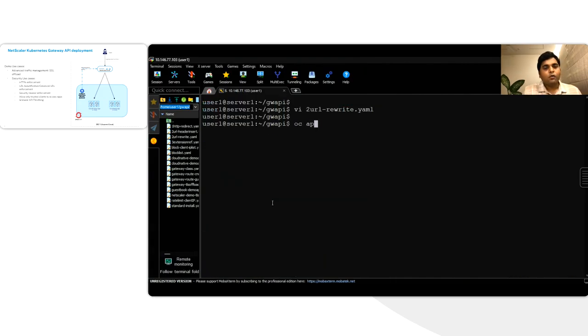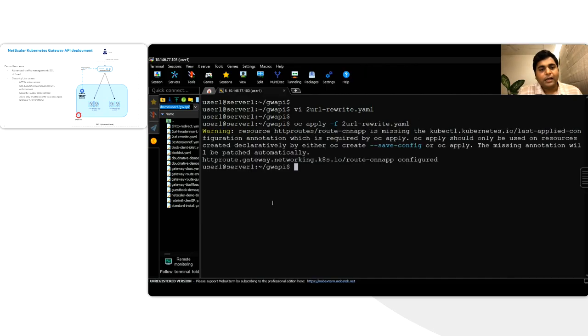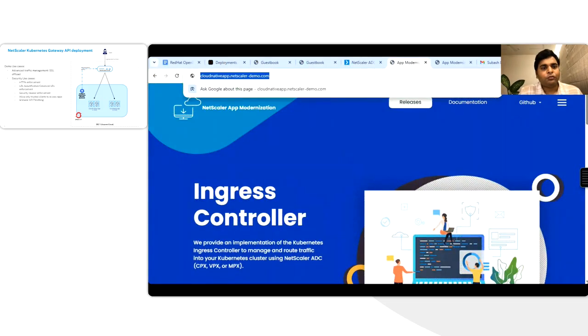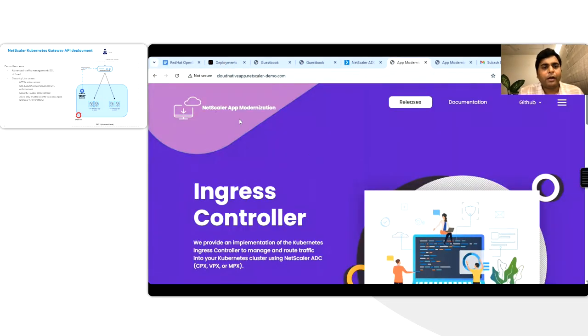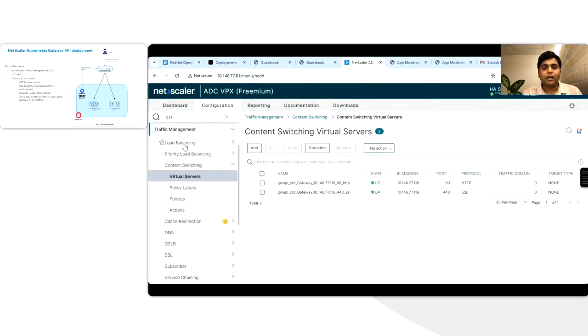So I will now apply it into my OpenShift cluster. And once I get a success message, I will try cloud native application access, and you can see that /application is now accessible.